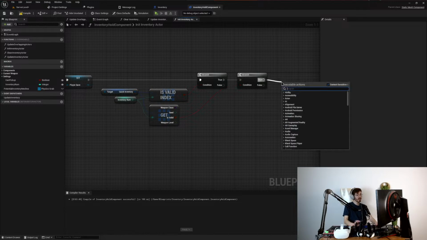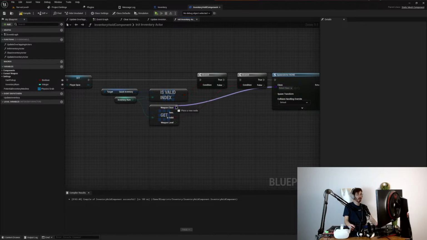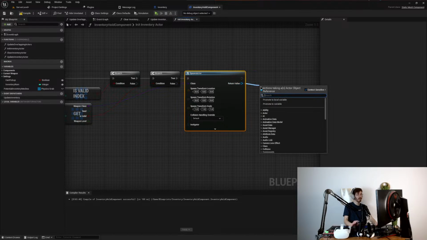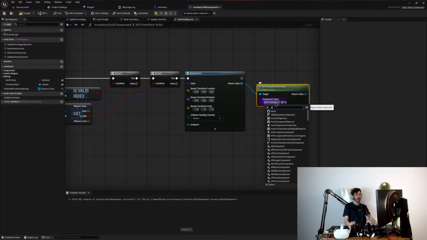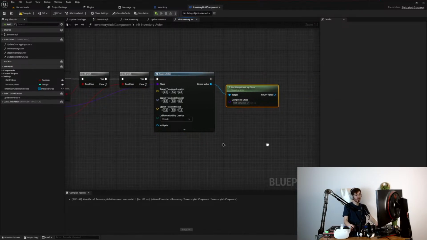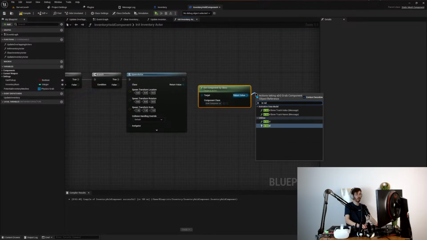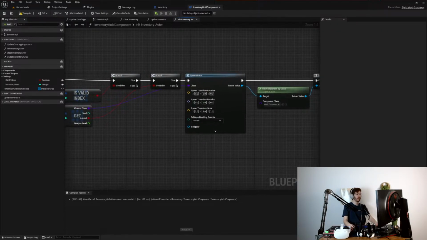Okay. Spawn actor from class. Okay, there's our class. Split struct pin. Get, trying to remember what it's called. Get component by class. Grab component there. Always want to check to make sure it's valid, of course. And then assuming that it is,